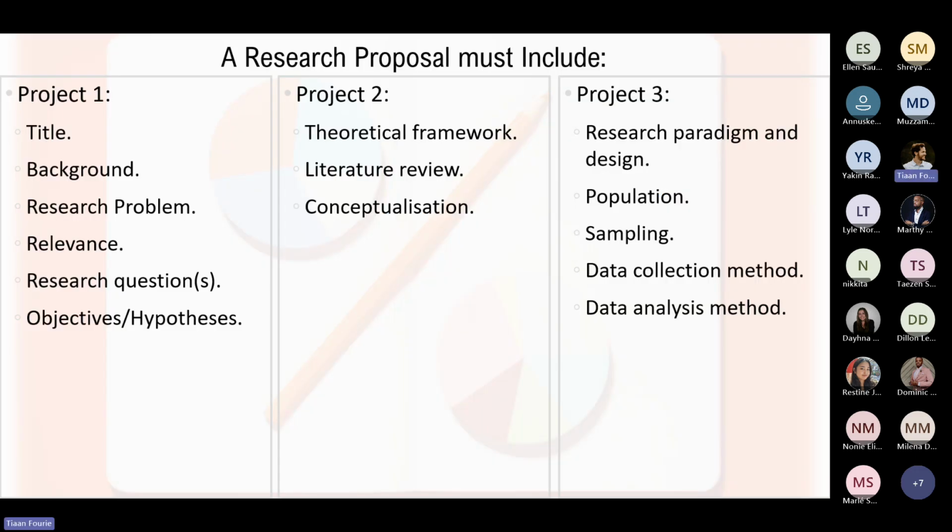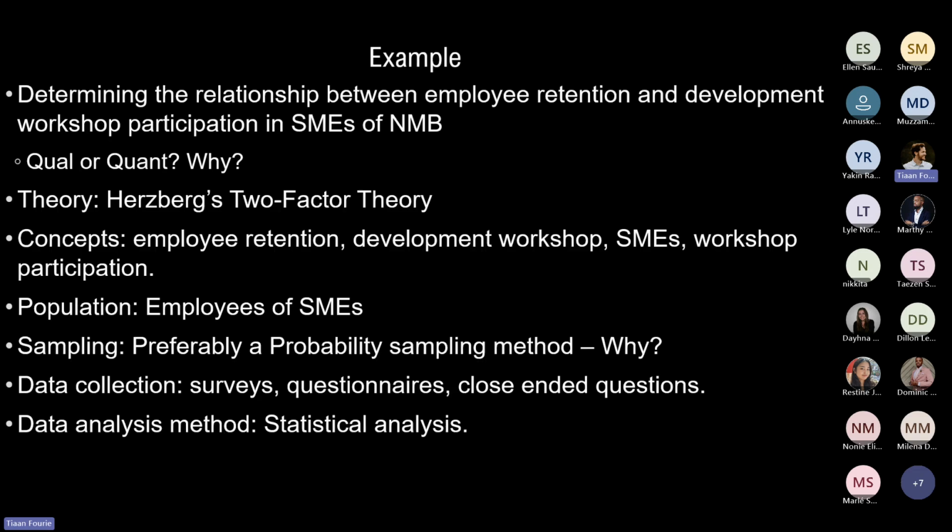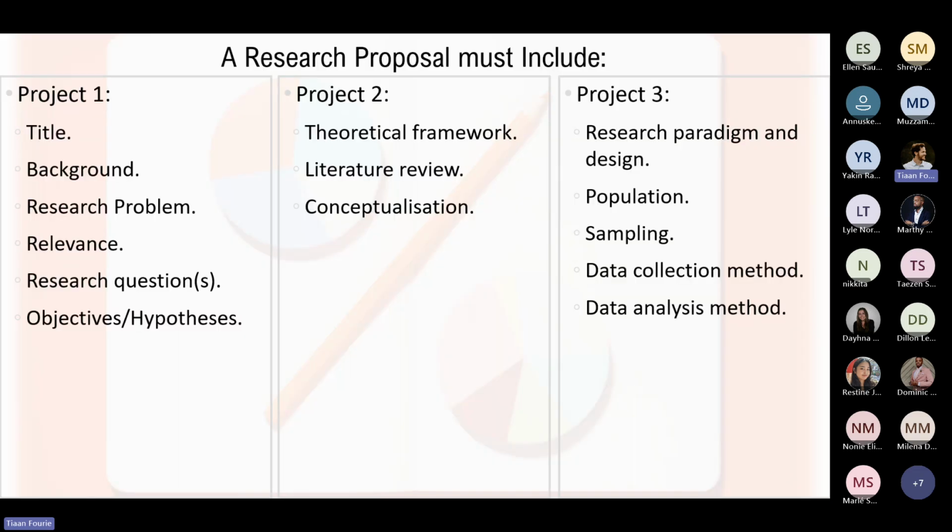So for project one, you're doing a title, background, research problem, relevance, research questions, and objectives or hypotheses. Project two, you're doing a theoretical framework, literature review, and conceptualization. Project three, you're doing your paradigm and design, population, sampling, data collection, and data analysis methods. And then for your final project four, you're doing projects one, two, and three. Again, you're just making improvements based on my feedback, and then you're adding